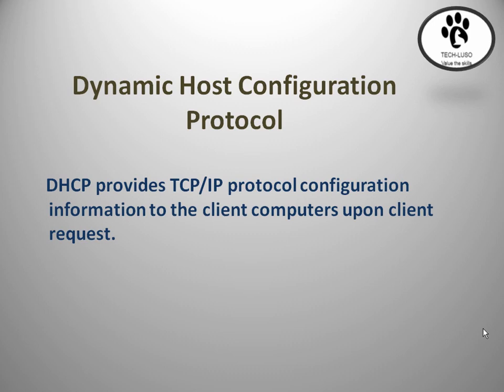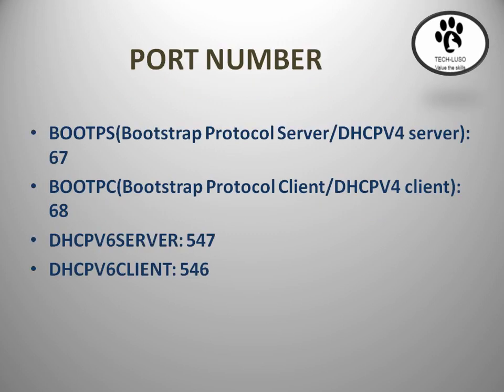Normally, we can assign the IP in two ways. One is static IP and one is dynamic IP. Static in the sense the administrator will assign manually to a particular PC or a host. DHCP in the sense it will be assigned by a particular service, that is, we can call it the DHCP service. So it has its own port number.